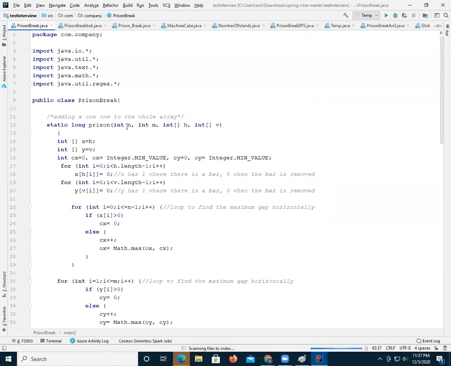Sorry, I mean the width and height of the prison bar and the array where the cuttings would be done, right? This is the array. So what I'm going to do is that I need to store only the positions where it is cut. So what I do is very simple. I go through the horizontal length here and I will store wherever I will store this as 0